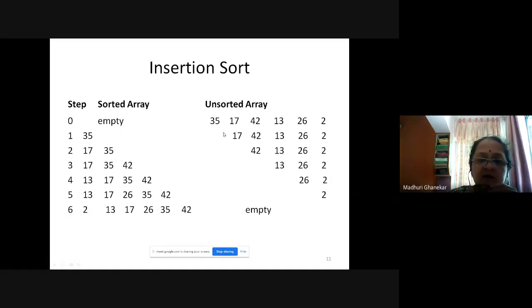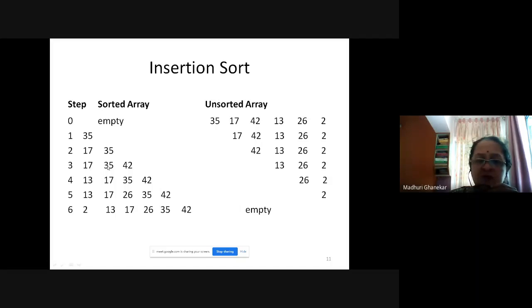Then add the second element, 17. So 17 and 35, it is inserted at the appropriate position, shifting 35 one position ahead, and the remaining array will be 42, 13, 26, 2. Then add this 42 into the sorted part, so it will be added at this position.